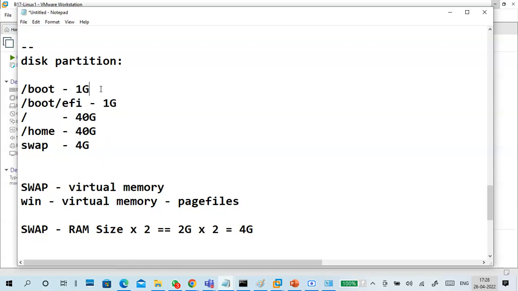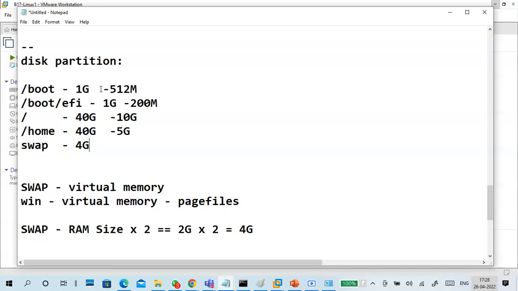We have a lot of space. In reality, you can take this one as 500 MB; 512 MB is enough. Generally, 1 GB is a better option. This one, 200 MB is enough. This, 10 GB is enough. This, just 5 GB is also enough.